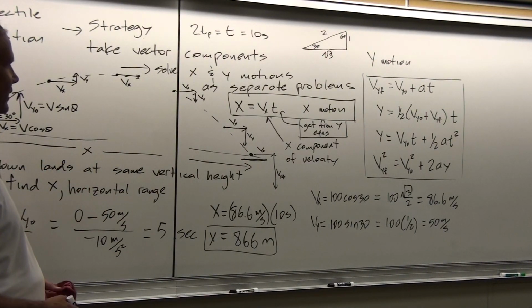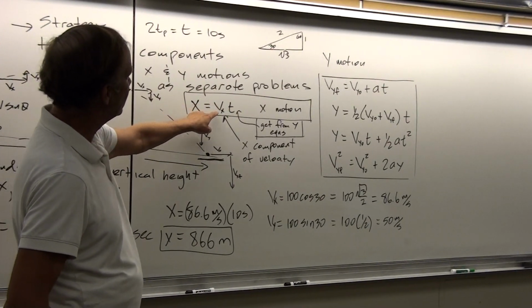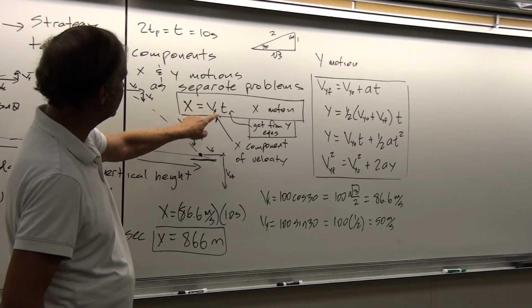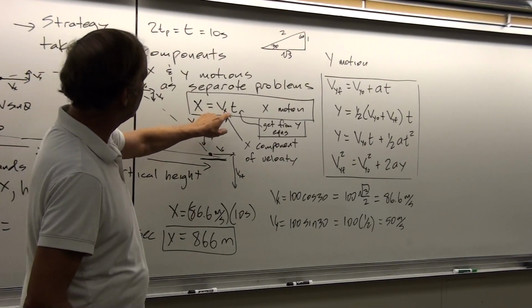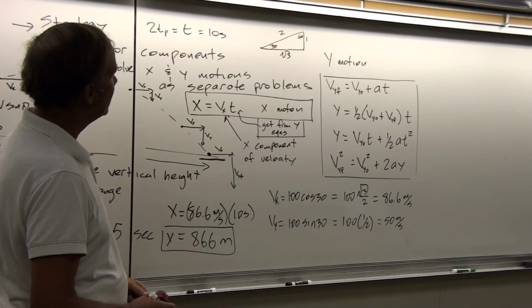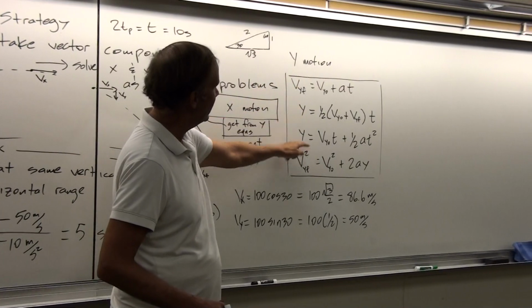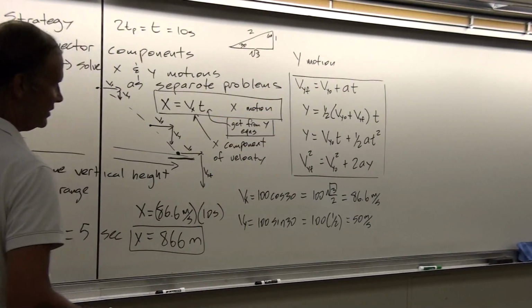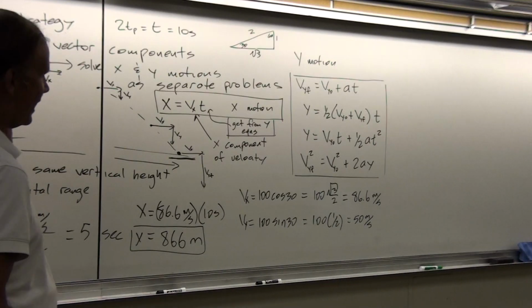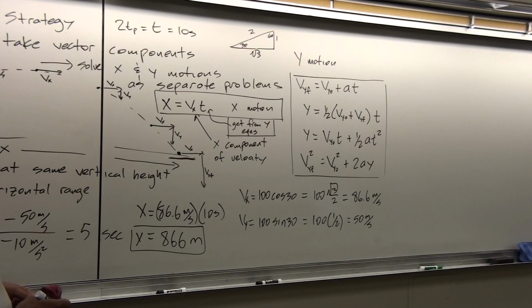Okay, so what did we do again? Well, we looked at the x part of the motion. We saw that we had the x component of velocity and that remained constant throughout the motion. But the time of flight was not available unless we go to the y equation. So we picked the y equation that gave us the time of flight in one step, and then we plugged that value back into the x equation and solved for the horizontal range.